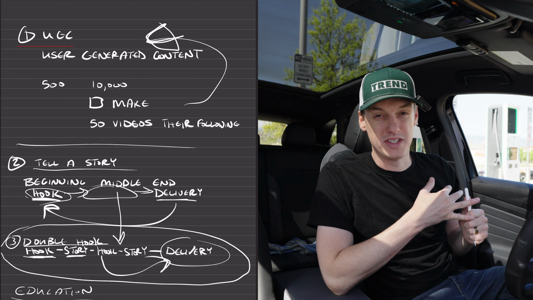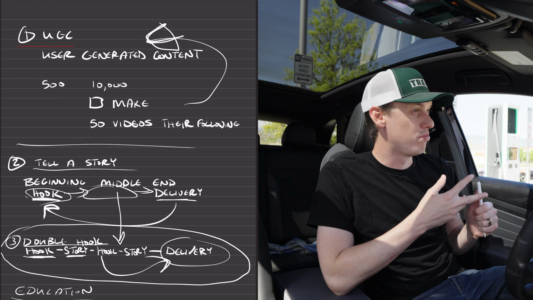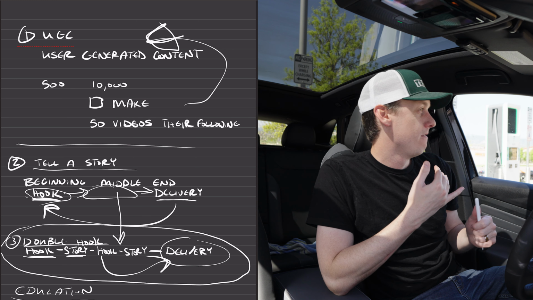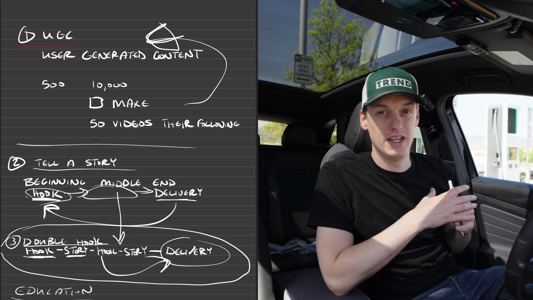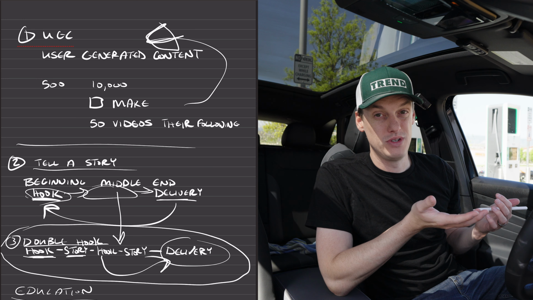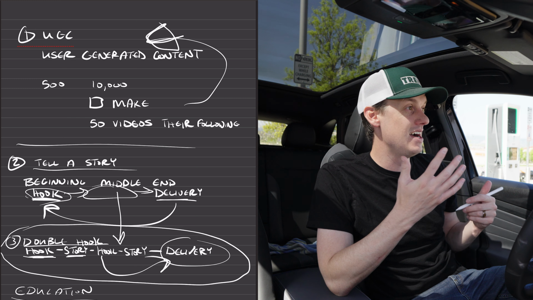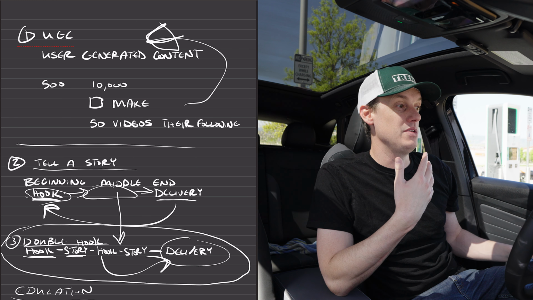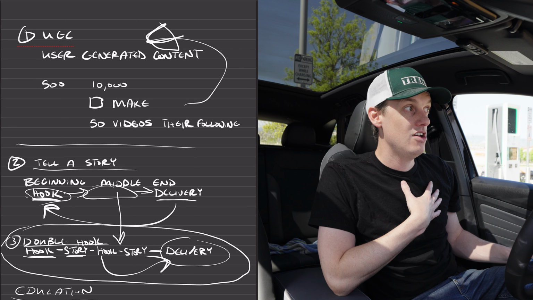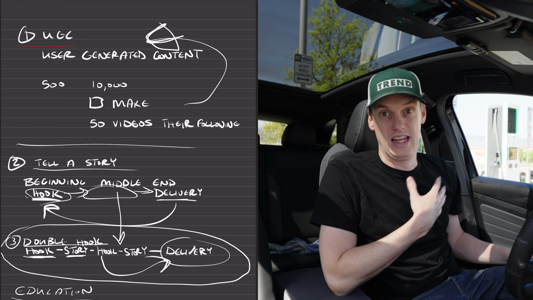UGC content, make a competition, do prizes. Maybe it's a giveaway for the ones who get the most engagement, or maybe they have their own link that you give them. And so the people that sell the most of whatever it is, then they get this prize. It doesn't even have to be something that you spend money on. It could be get a 30-minute call with me, or make it about yourself, which then just,